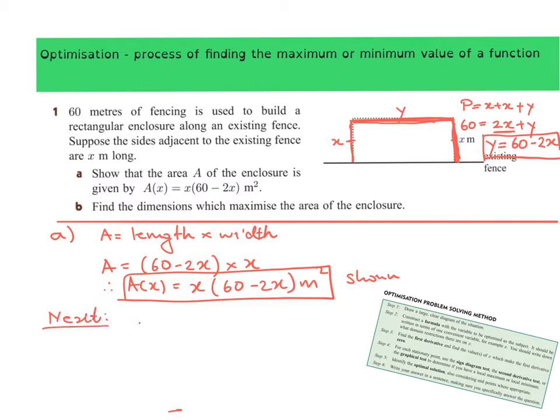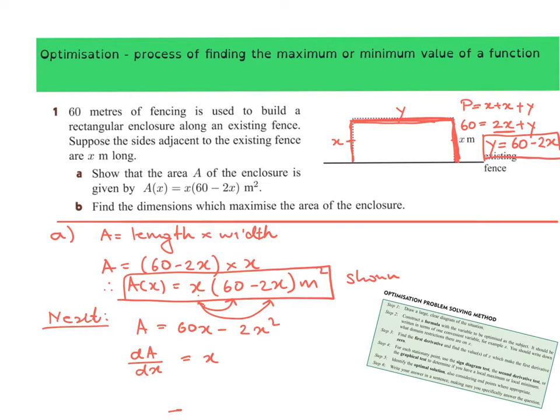So, find the first derivative. What I'm going to do here, you can differentiate this equation using the product rule, but I'm actually going to expand this. So x times 60 is 60x, take away x times negative 3x is negative 3x to the power of 2. Now, in order to find the derivative of this equation, dA/dx, in respect of x, is equal to